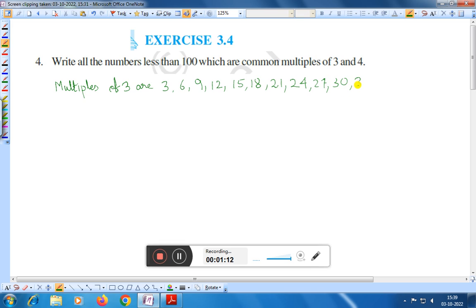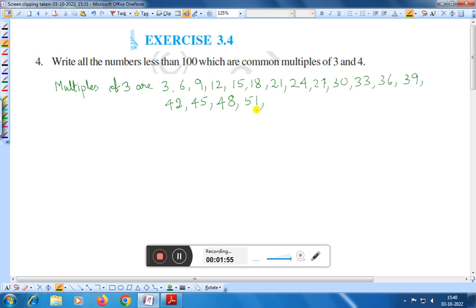3 elevens are 33, 3 twelves are 36, 3 thirteens are 39. After that 42, then 45. There is a difference of 3 only. 45 and 48,